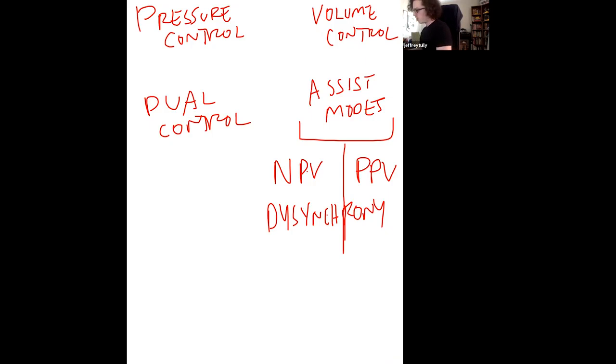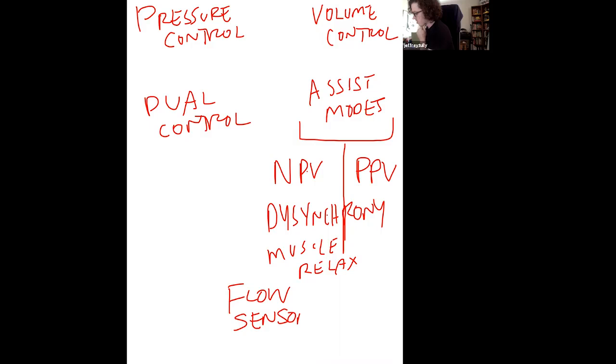One of the ways we avoid that is with the use of muscle relaxers. So patients that are very sick and we don't want them fighting the vent at all, we'll paralyze them. But in other situations, we have the ability to use what we call flow sensors to sense when a patient is taking a breath. When a patient takes a breath, there's a negative flow generated. The ventilator can sense that and say, oh, hey, the patient's taking a breath right now, and assist them by providing some positive pressure to their breath, in such a way that if they were weak, taking smaller breaths, they can take larger breaths with the help of the ventilator